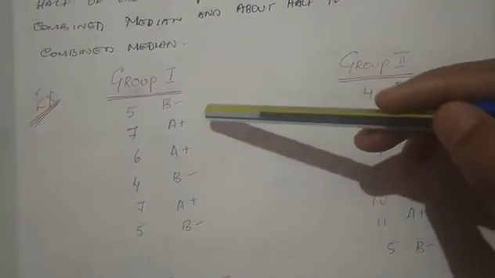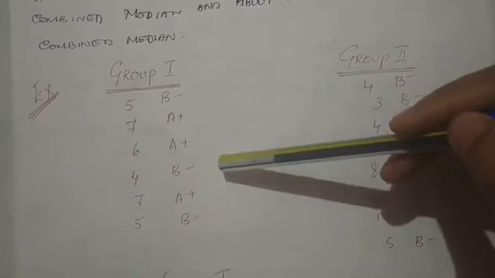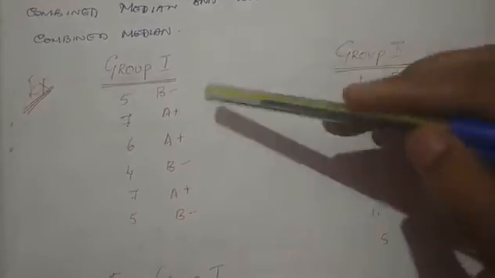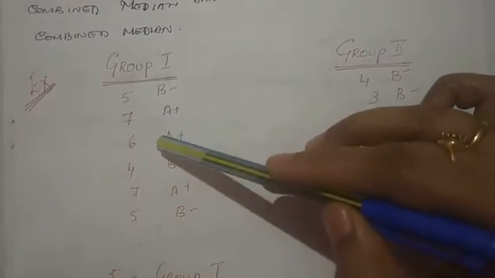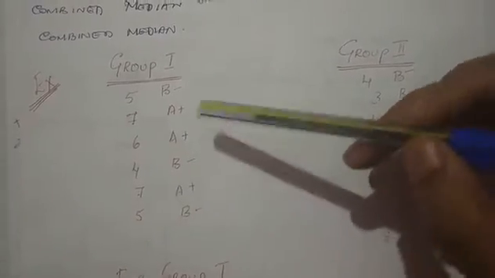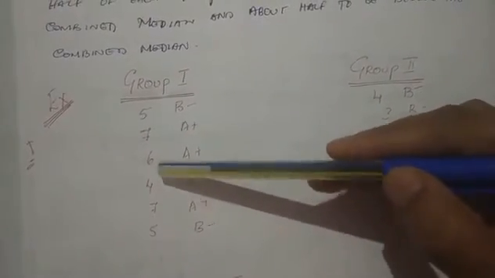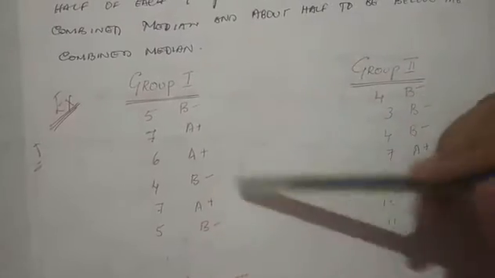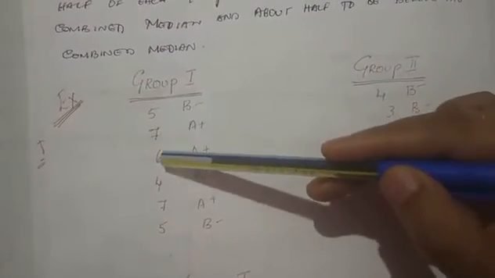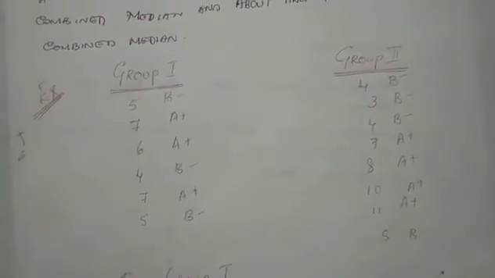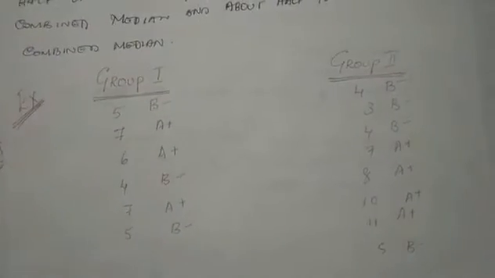For group 1: 5, 7, 6, 4, 7 and 5. So you have 7 twice, 5 twice, 4 one time, 6 one time. The number of scores under group 1 is 1, 2, 3, 4, 5, 6. The n of group 1 is